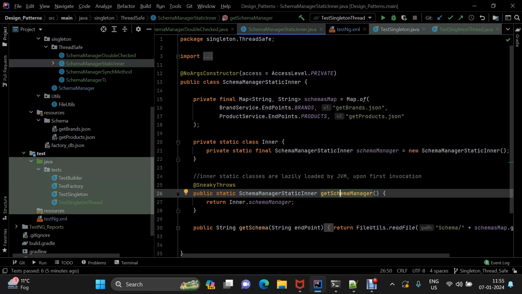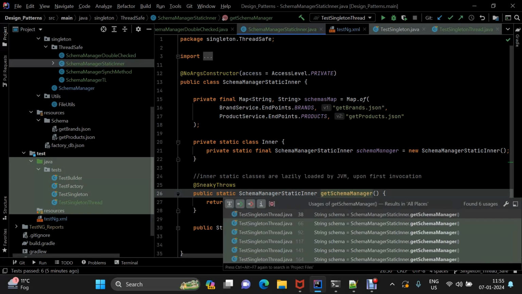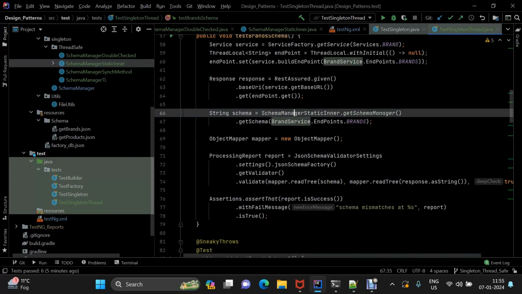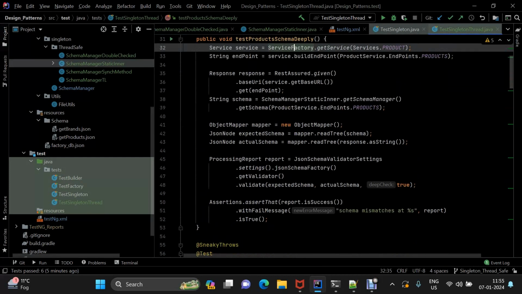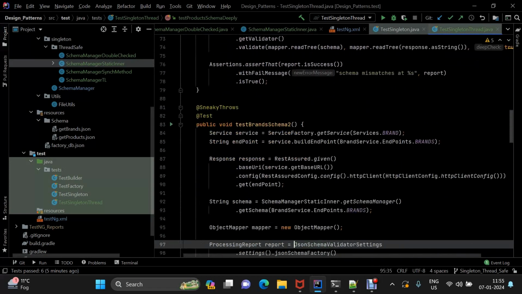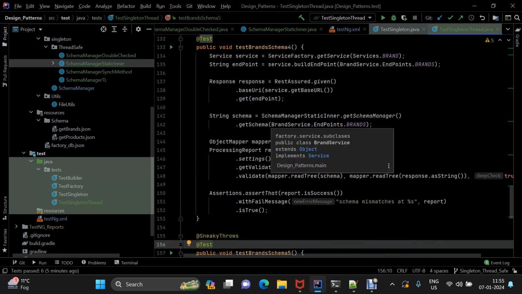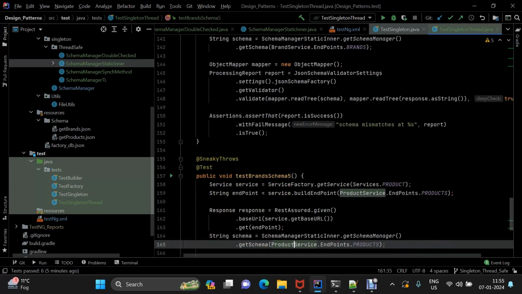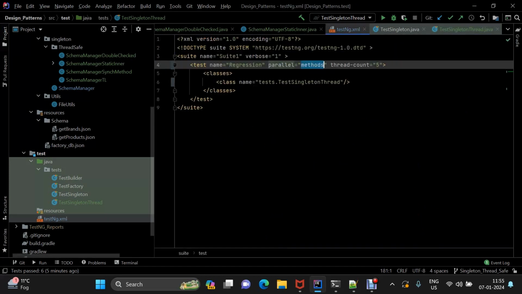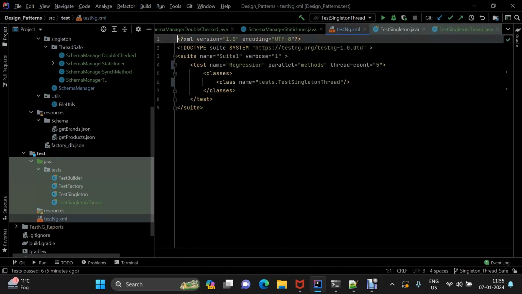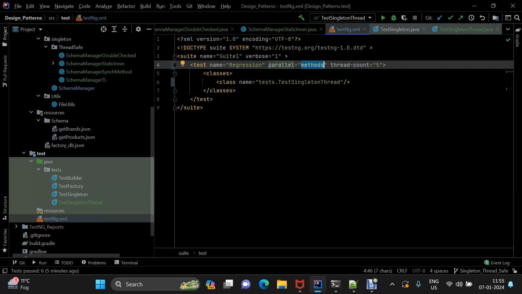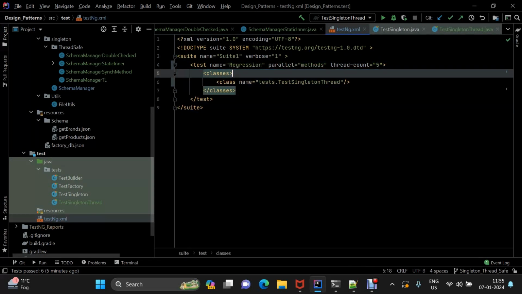And now I will show you how to execute the tests in parallel. I have shown you all of these ways, but in the demonstration, I'm going to use this one. So here I have six test methods defined, and each one is using this static inner class way of ensuring thread safety. And here I have my testng.xml file and I'm executing it in parallel. We have a thread count of 5. Let me make it 6 because we have 6